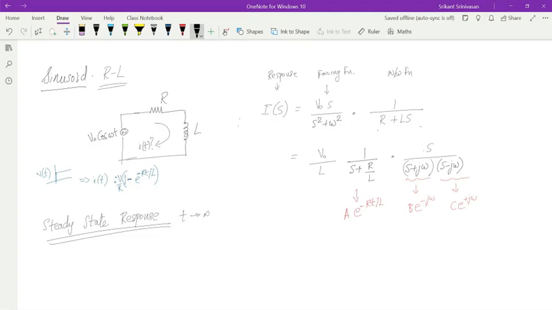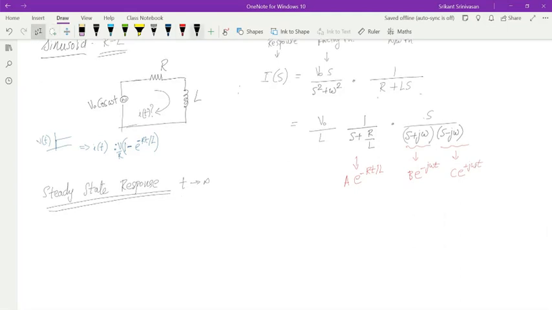So when I'm trying to find the current response, not transient, current response, I don't have to worry about this term, because in steady state, as t tends to infinity, this term will vanish. Only the remaining two terms will be left. I should have written this as e power j omega t and e power minus j omega t. The variable t is missing there. So actually, I don't have to bother solving for this first term.